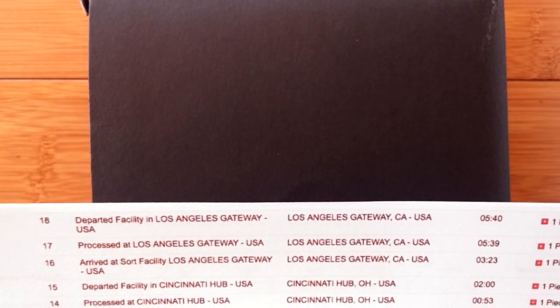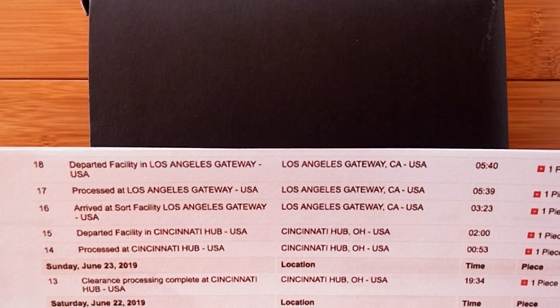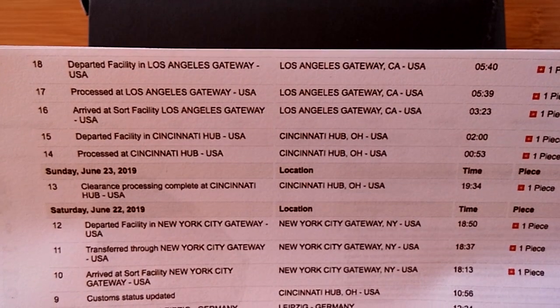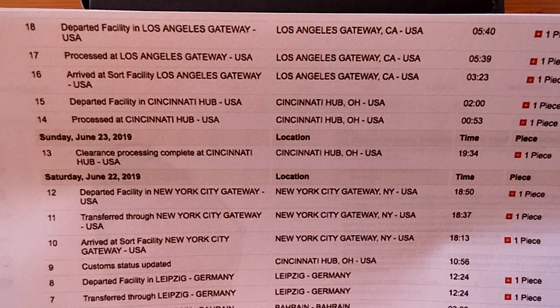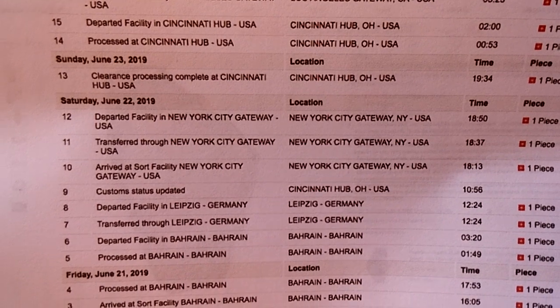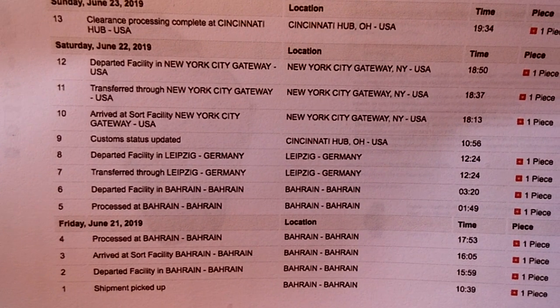But before it hit Los Angeles, it went through Cincinnati. Before Cincinnati, it was in New York City. That's pretty cool. But from New York, after checking in through Cincinnati internationally, it had departed from Germany. But wait! It got to Germany from Bahrain. And that, folks, is where this box from China